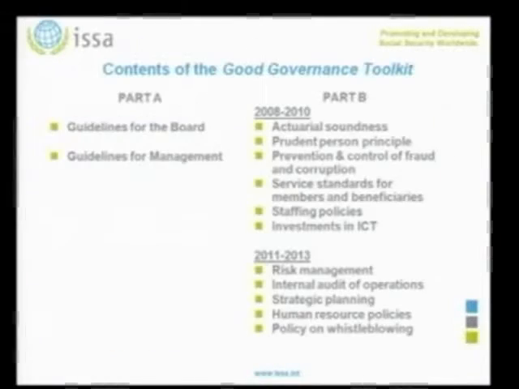It offers many useful insights into how to improve the governance of social security organizations. The toolkit is divided into 2 main parts. Part A contains good governance guidelines for the board and management of the social security organization. And Part B contains good governance guidelines for 6 specific areas in social security administration, namely actuarial soundness,